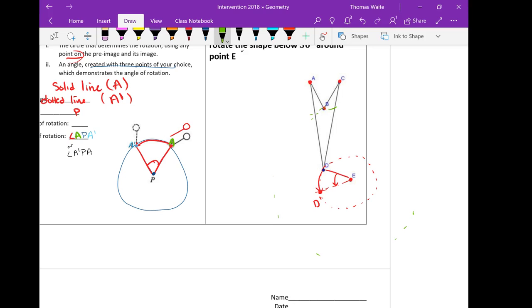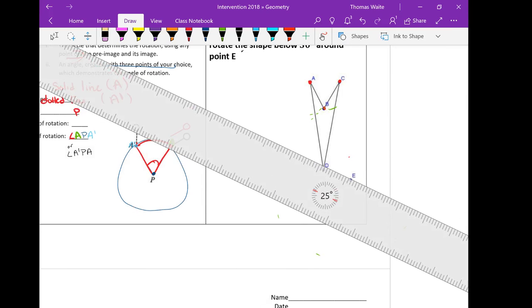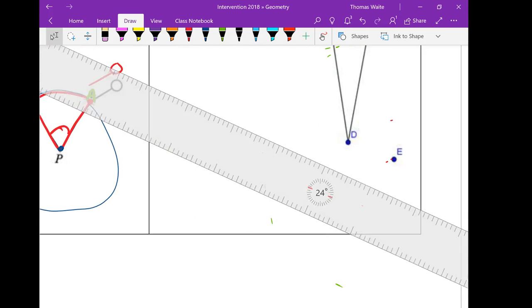So that's kind of a sketch. We know D is going to end up somewhere down there. Let's see if we can use a ruler to make this more precise. Get out my ruler. All right. So my ruler only measures angles